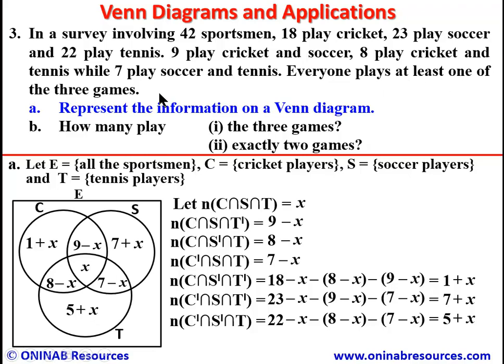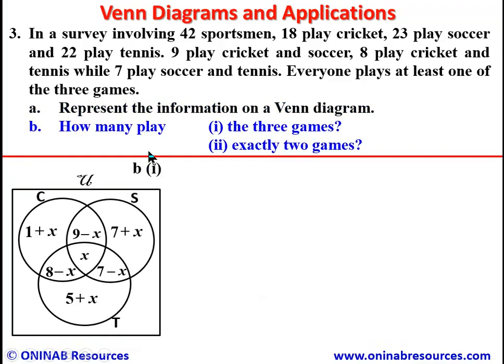since everyone plays at least one of the 3 games. So outside this 3 circle is an empty set. We have succeeded in representing the information on a Venn diagram. So we go to problem B. For problem B, the number of sportsmen playing the 3 games. To do that, we have to find the value of x, and we should know that by the time we